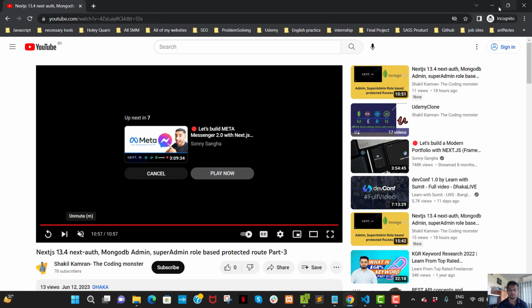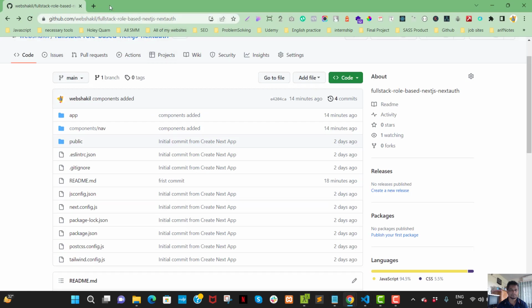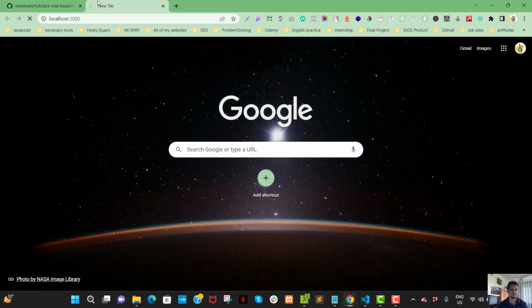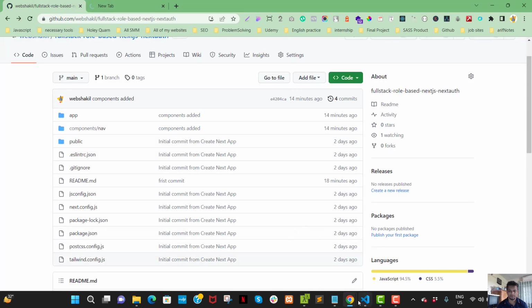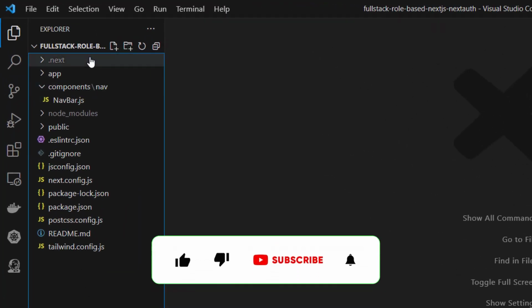Let's check which places we have done yesterday. Let's reload it. Okay, so today it's our time to create the backend and connect MongoDB and